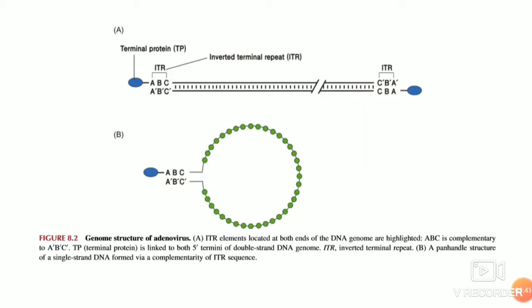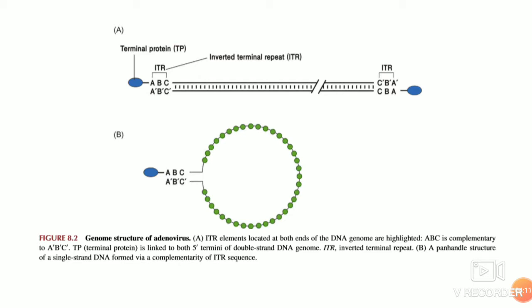Now coming to the genetic material, in the previous few examples we have studied single strand viruses. This is a double strand DNA virus, a linear double strand DNA virus. The length of the genomic material is 35 kilobase pairs. At the end, it has an interesting feature: the ends have inverted terminal repeats of about 100 to 180 base pairs at both ends.